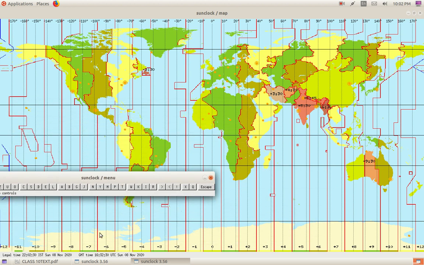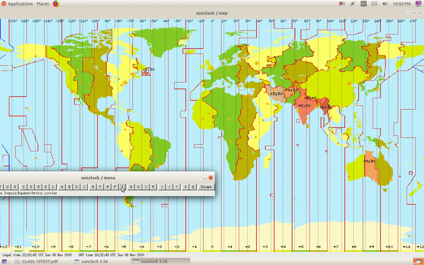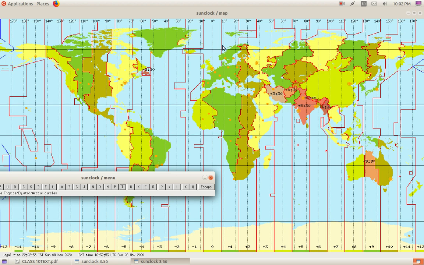I can see the main parallel lines, latitudinal lines. The main latitudinal lines. It is used to show or hide the latitudinal lines. Once again I am clicking on T, what happens? It will go. To show or hide the main latitudinal lines. How many main latitudinal lines are there? 5.